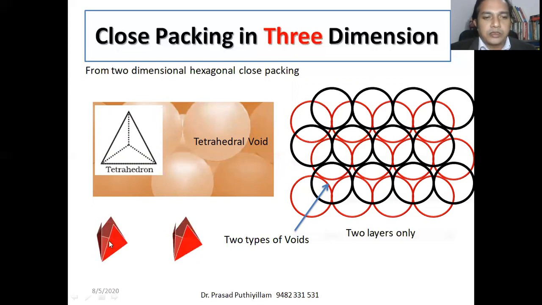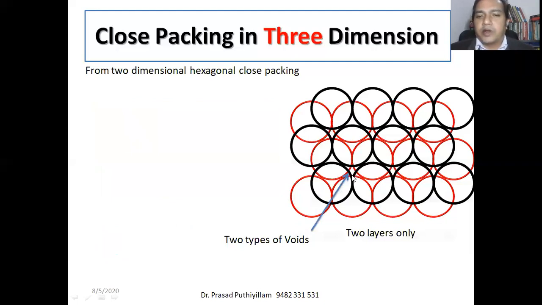Okay, so you can see there are four faces in a tetrahedron. This will be the shape, not exactly a tetrahedron, it will be a little bit curved because of the presence of the atom, the curved structure. So that is the shape of that void form, that is the tetrahedral void, if a triangular void of the first layer is covered by another atom exactly above that. Now we'll go to the next type of void.